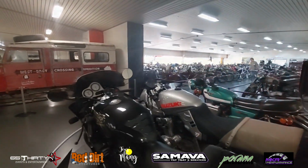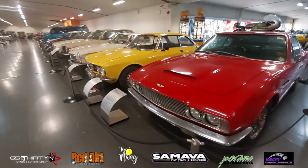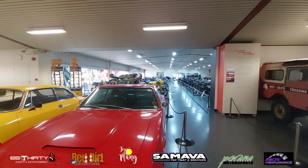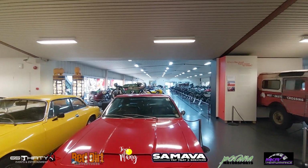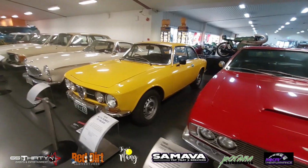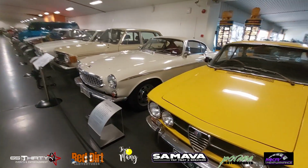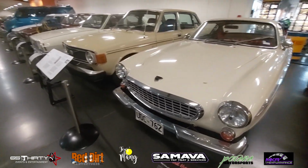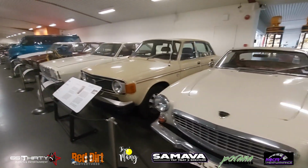There's the hall of motorbikes. Yeah, getting through this hall. We've got motorbikes over there. I'm not much of a motorbike fan, but I'll take a quick stroll through there. And then there seems to be another one out there, the 1920s garage. There's quite a few 1920s cars in here, but we'll go for a quick look out there as well before we head down and have a look at the last of the cars in the main hall. We'll go for a walk down here and have a look at some of these rigs. A Volvo